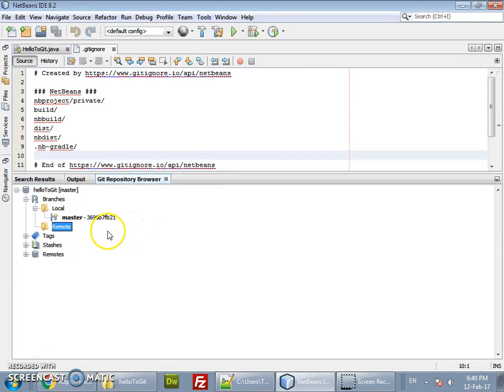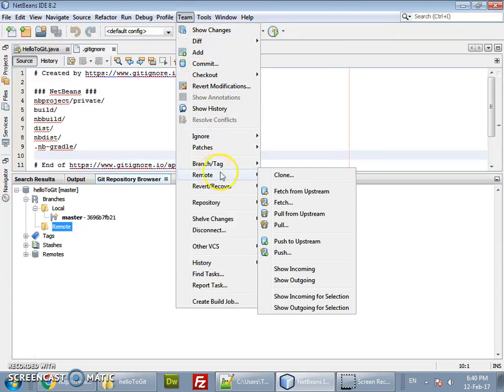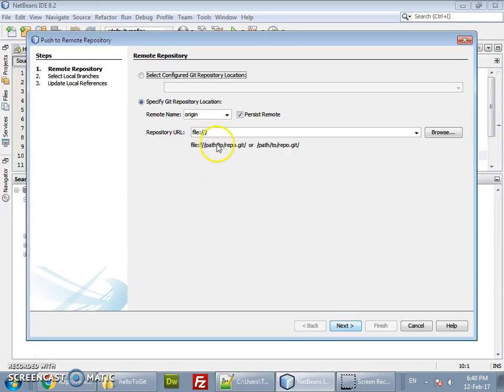Now how do we connect this master branch to the remote? This is a question. For answering this question, the simple point is that we need to go to the Team menu and go to Remote, and since this is the initial commit to the Git public repository, go to Push, and here we need to mention a few points.